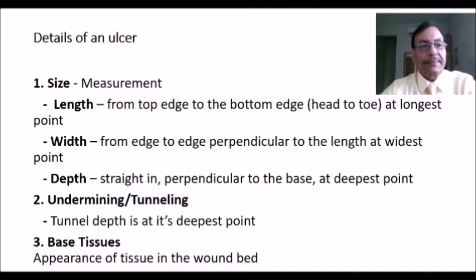How to describe the details of an ulcer? It is described in several parameters. One is the size, length, width, and depth is to be documented. Whether the ulcer has got undermining or tunneling, its base tissues, how is the appearance of the tissue in the wound bed,